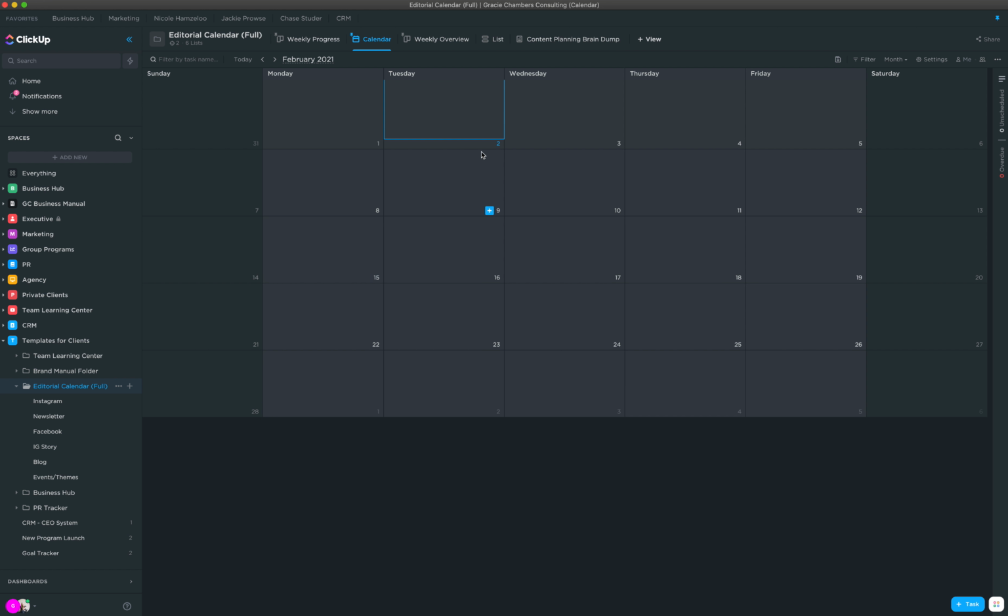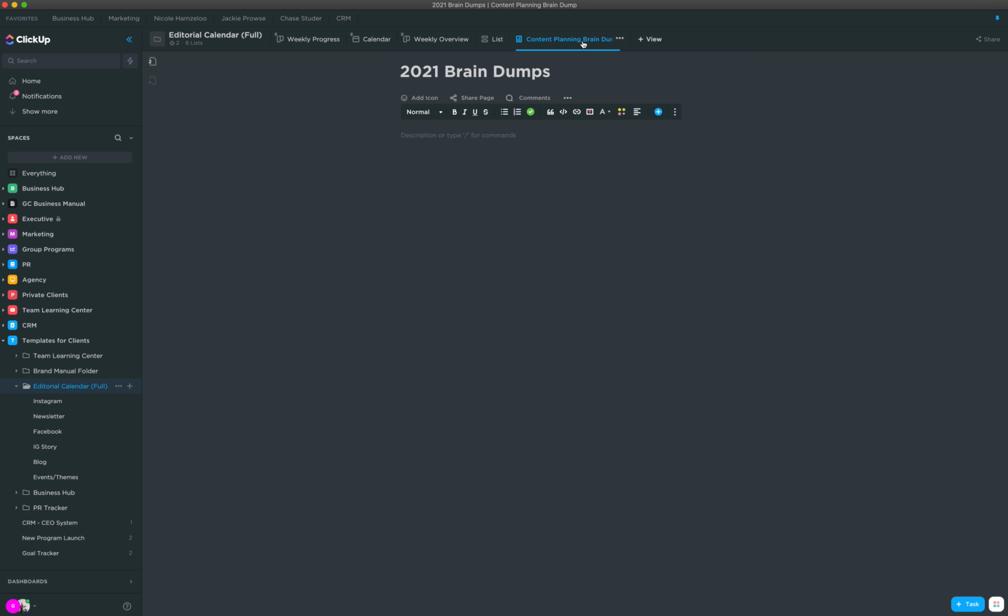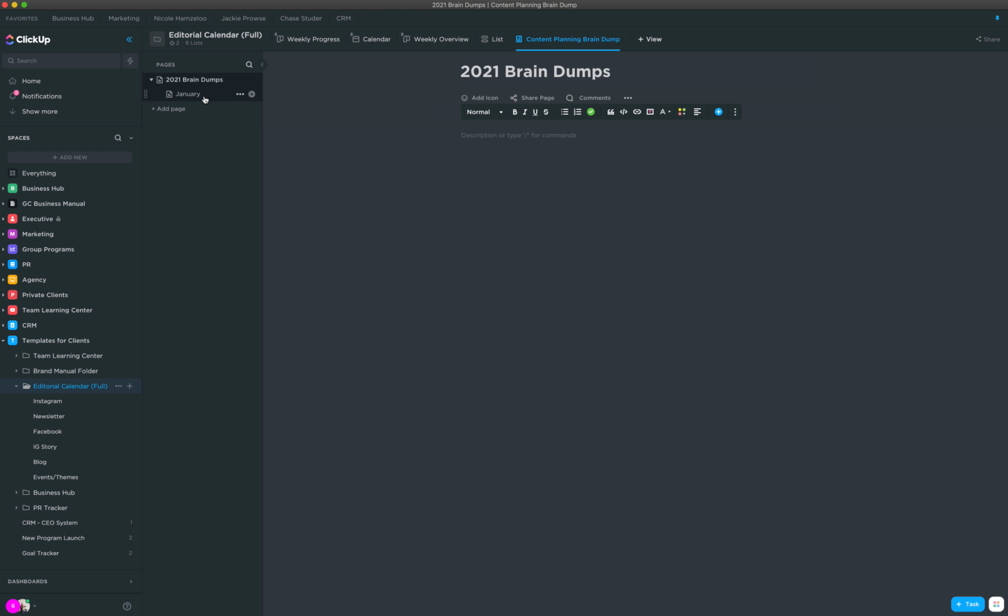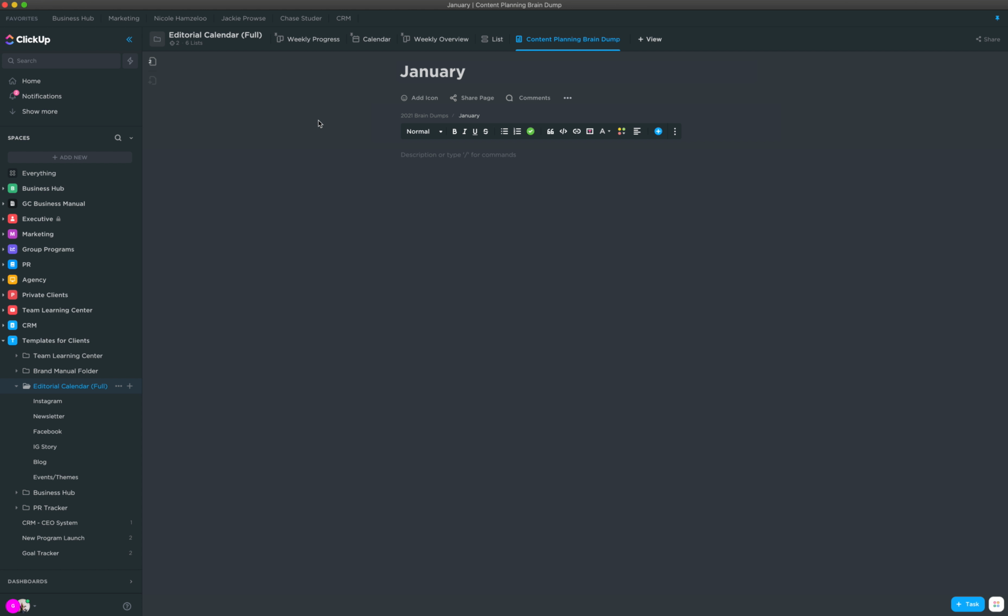So once a month, my team and I have a content planning meeting, which we put up here in this document called the Content Planning Brain Dump. By pressing this little button over here, you can see that we have a page for each month. So on our January brain dump, we would go in and say